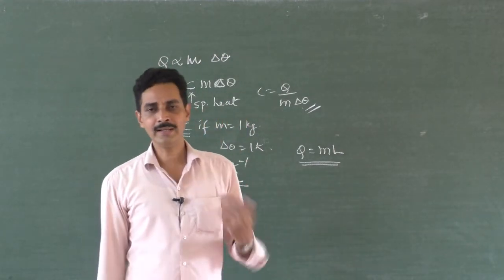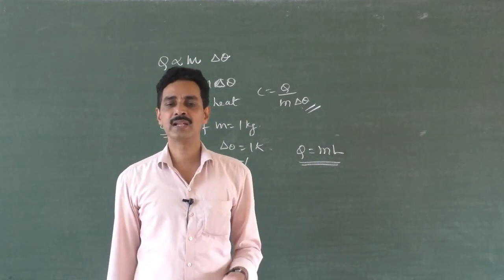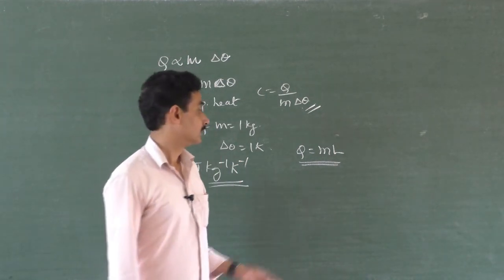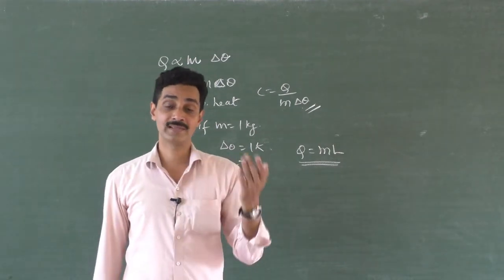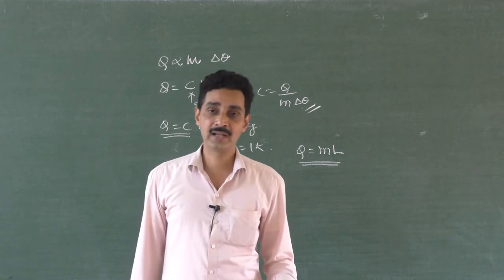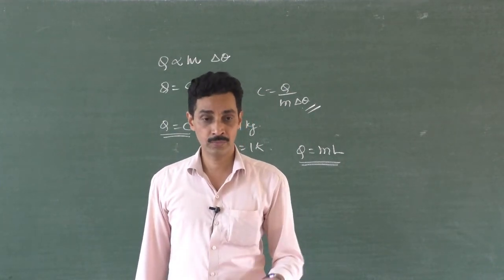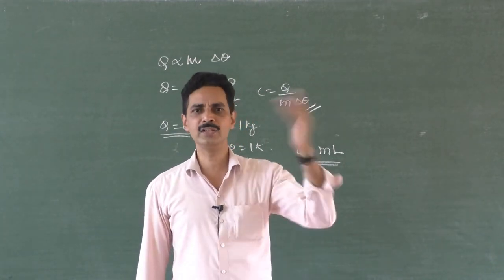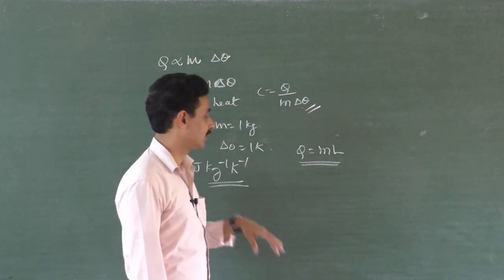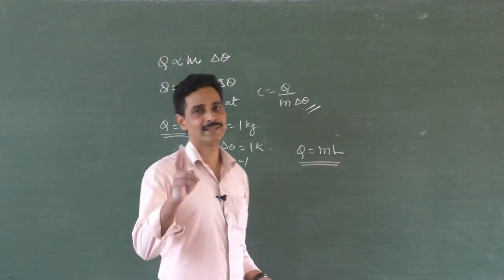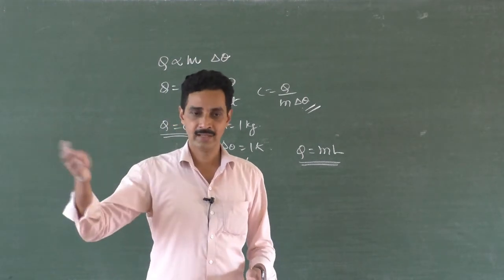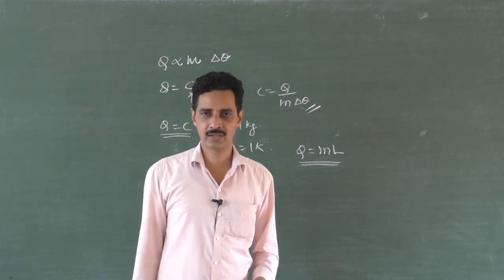So the latent heat of a substance is the amount of heat energy required to melt completely the unit mass of that substance. Similarly, you have latent heat of vaporization. This is latent heat of melting. What do you mean by latent heat of vaporization? The amount of heat energy required to convert the unit mass of the substance completely into its vapor state from the liquid state, without changing the temperature. That is latent heat of vaporization. So there are two latent heats, one at the junction of converting from solid to liquid, another from liquid to gas. At that junction, there is no change in temperature at all.